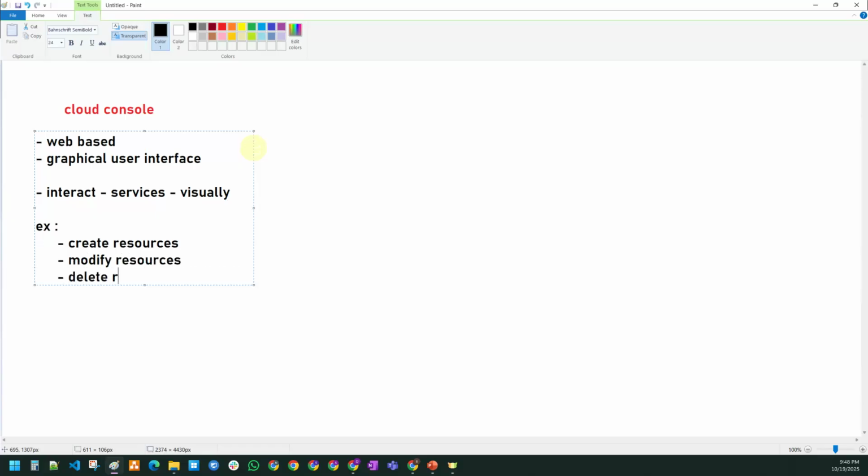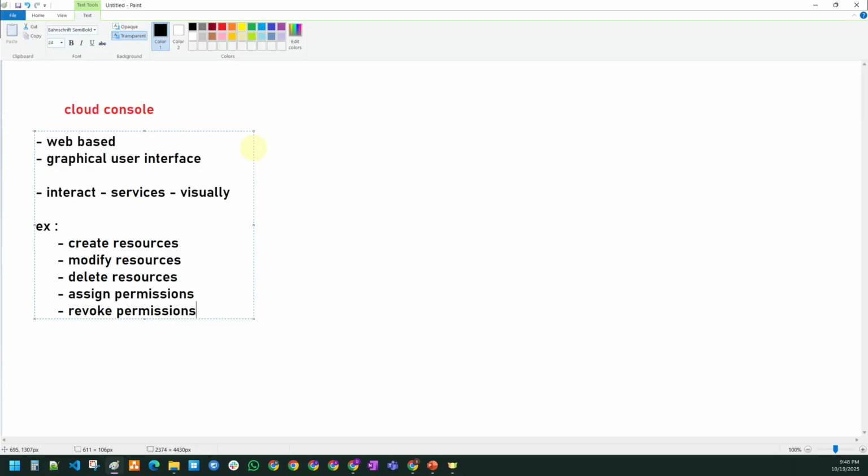We can delete the resources also. And similarly, we can assign permissions. We can revoke the permissions also. So the most commonly used actions are like creating, modifying, deleting, accessing, right? All of these things one can do from the cloud console.